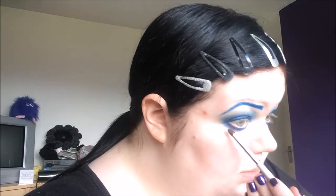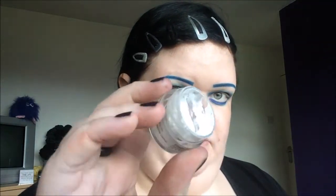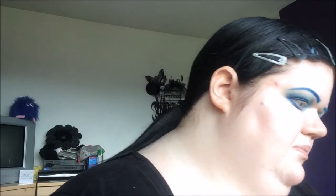And lower lash line. So basically we were mimicking what we did on the inner corner. Do I need to clean the inner corner at all? Did any blue get there? No. Right, I'm going to use the NYX eyeshadow base, and this is in white. I've used an awful lot of this. It's really good. It's very pigmented, so it literally works as though paint would. Well, it's like face paint, obviously not floor paint or wall paint or...